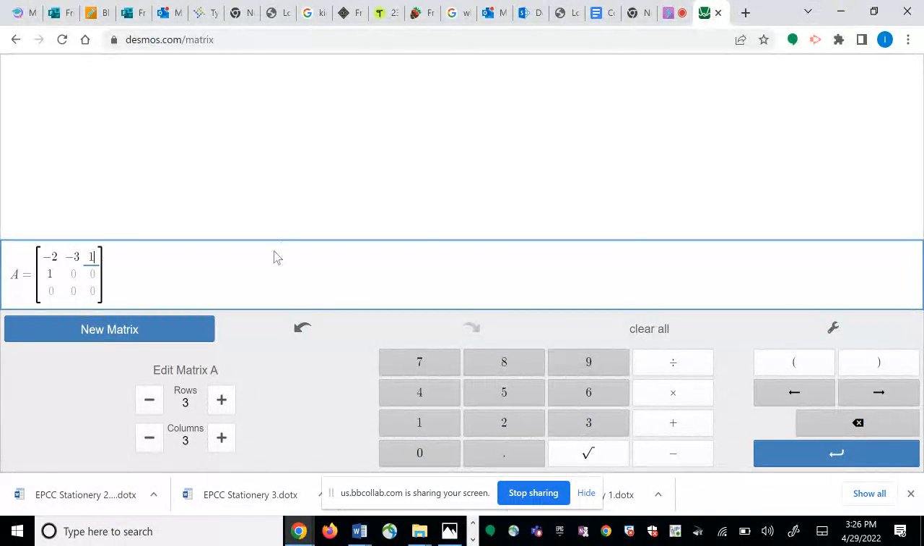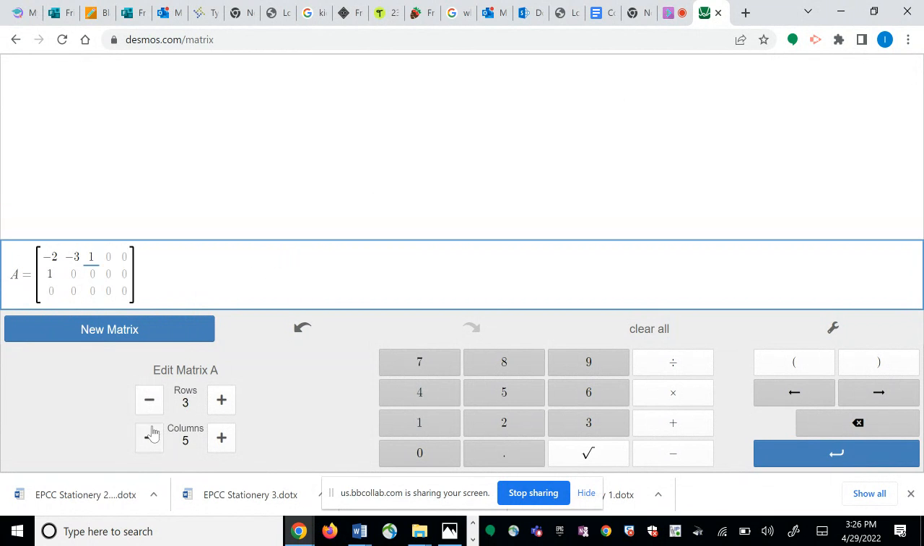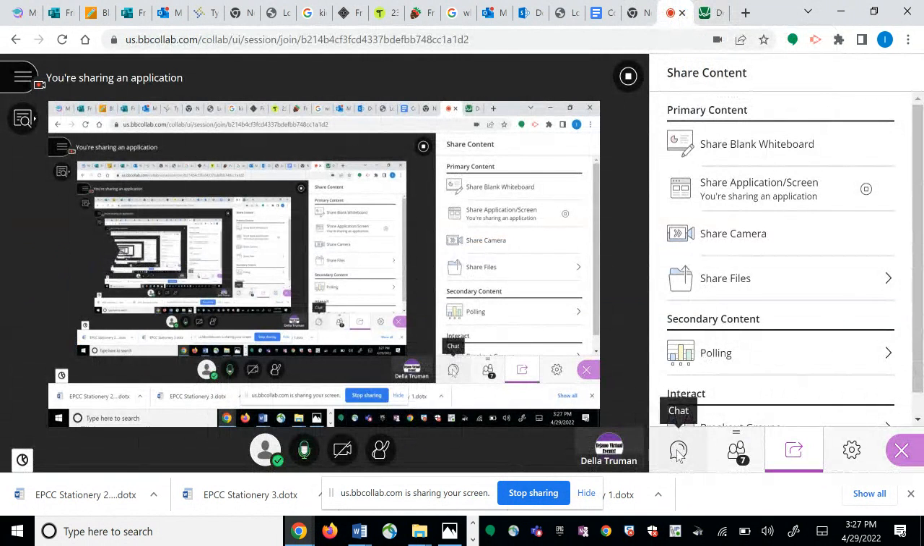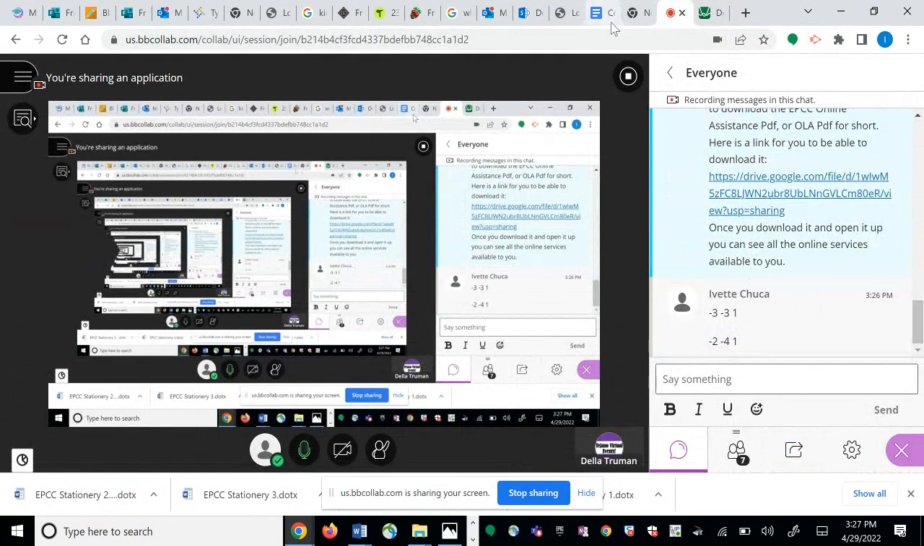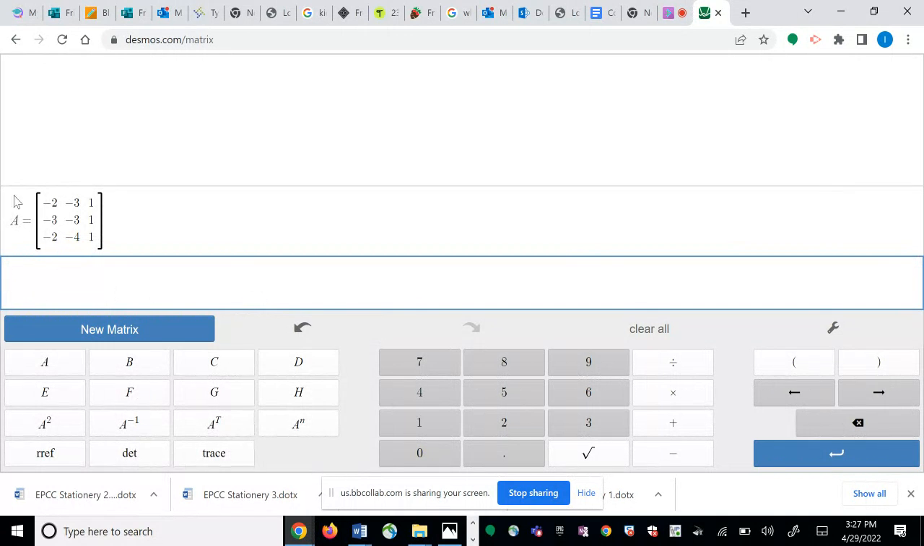Okay, so again, here you can adjust your rows by clicking on these numbers, right? So you can have more rows or less rows. Ours is a 3 by 3, and so the next number is -3, -3, and 1, and -3, 1, and then we have -2, -4, -4, and 1. Okay, so once you have your matrix, then you just press enter, and it's going to save